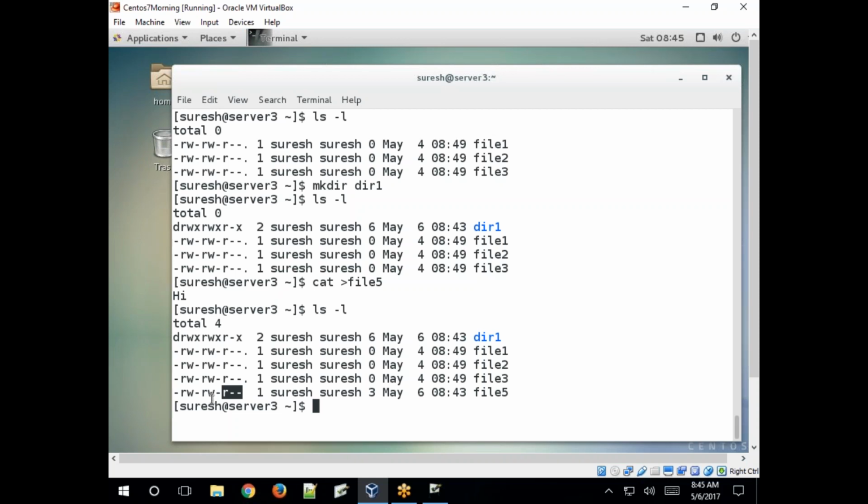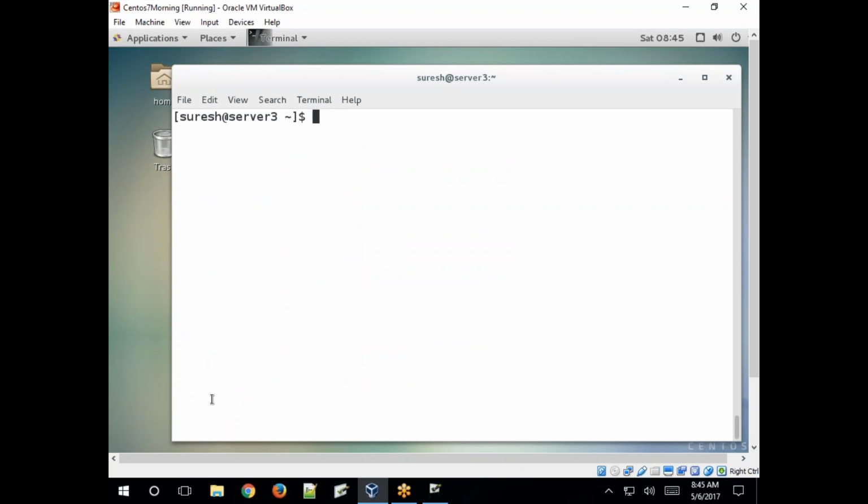What is the access? If you are writing it, we are appending and we can write it. In reading mode, we are just reading. What is execute? If you executed any script, it executes some functions inside. So if you give execute access for that file, then only the shell will execute that file.